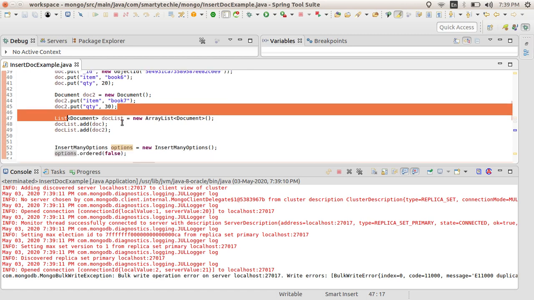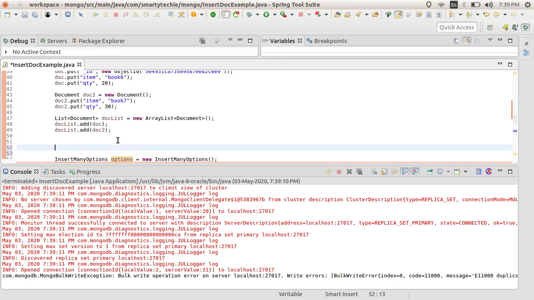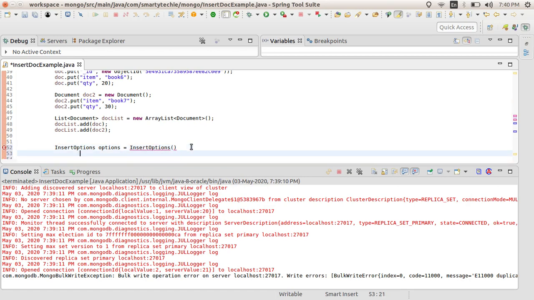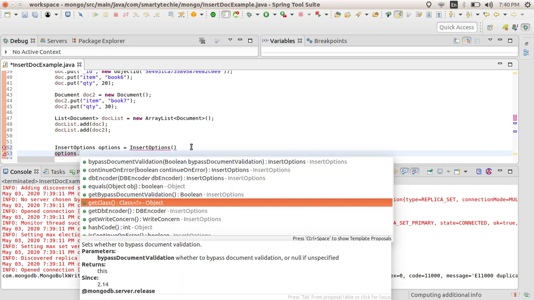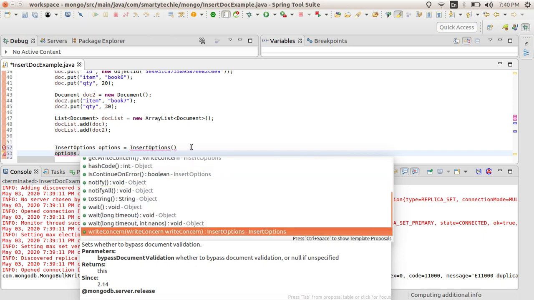There are other options as well. You may get confused while seeing it, but let me show you. This is the insert options method provided by the MongoDB Java class. You can see it has multiple methods in it, so I'm not going to use it in this video.